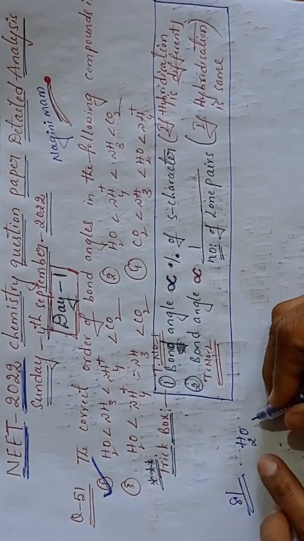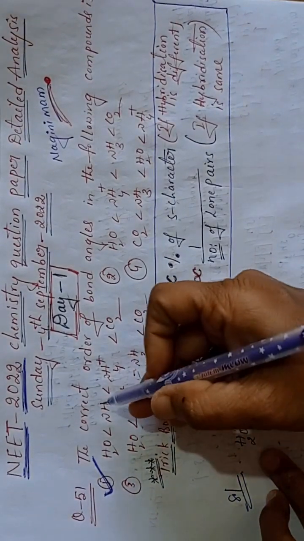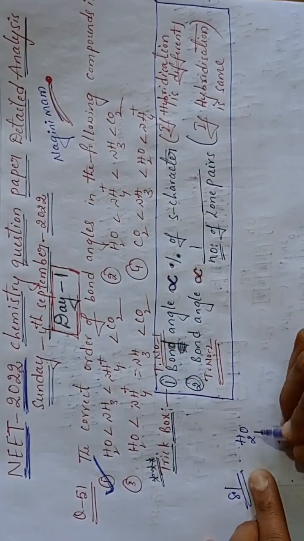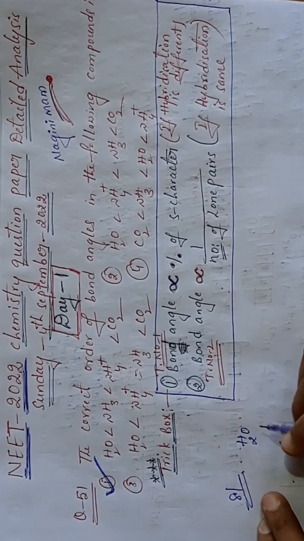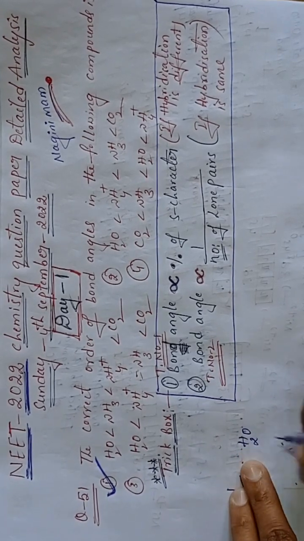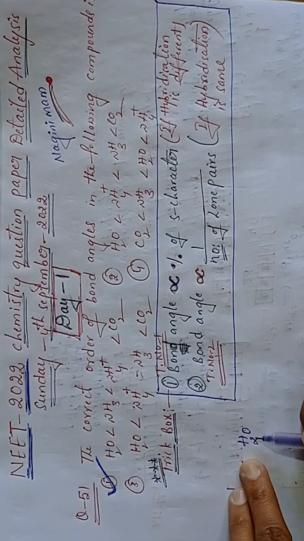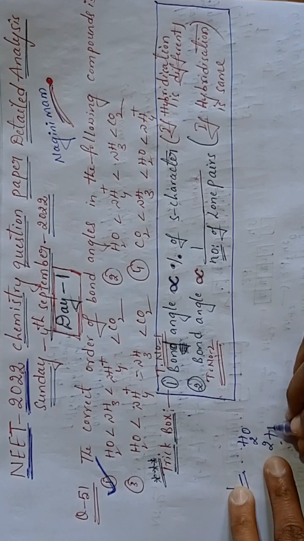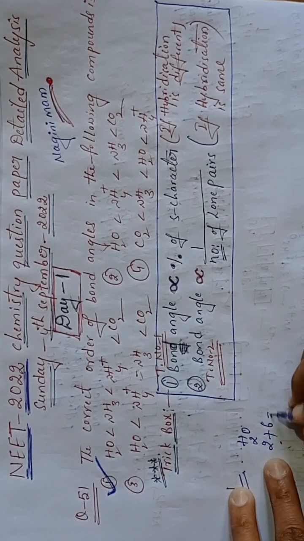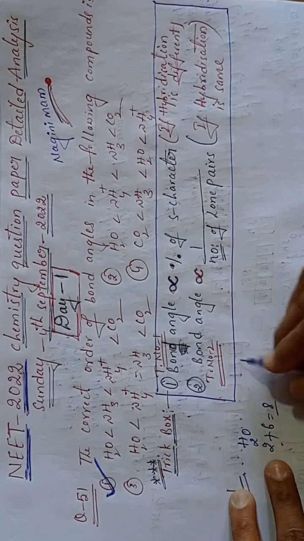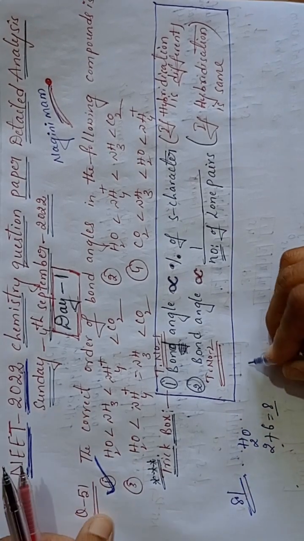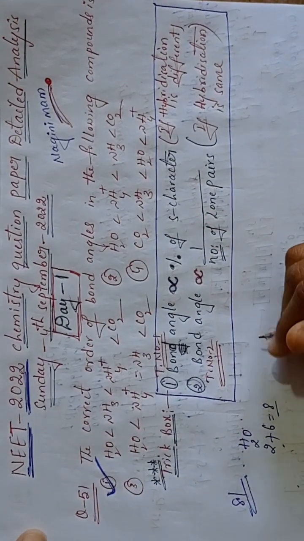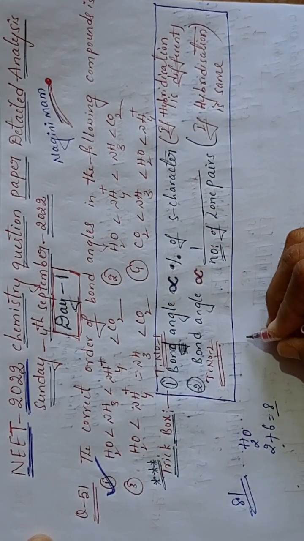First I'm going to calculate the hybridization of water. Now how to find the hybridization? Hydrogen has 1 valence electron, and 2 atoms are there, that's 2 valence electrons, plus oxygen 6 valence electrons. Total 8 valence electrons. Here I am giving one more trick for the hybridization. If the total number of valence electrons is equal to 8 or less than 8, then